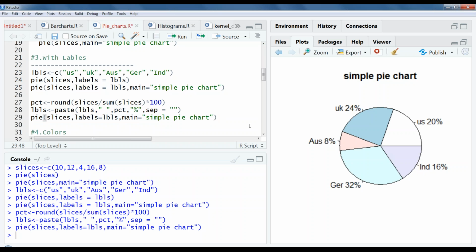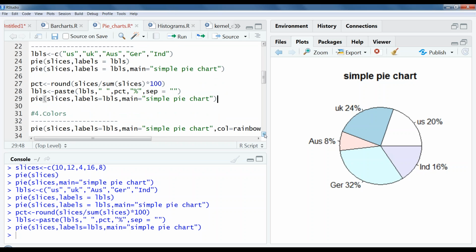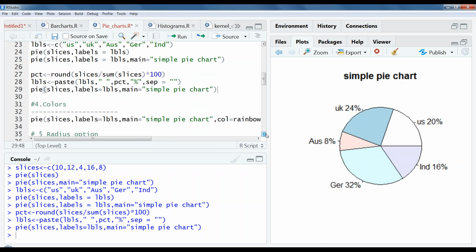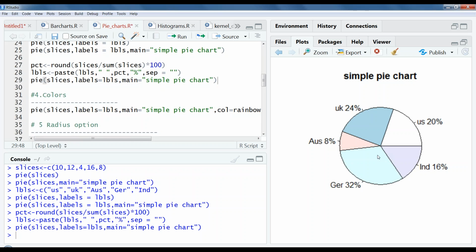So this is one simple example of how to use a pie chart. Till now we covered the heading option, and then the labels part, and then moving on to the next one, color. It looks like these are also colors, but I'm giving little bright colors for this.